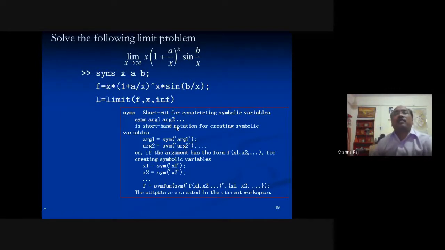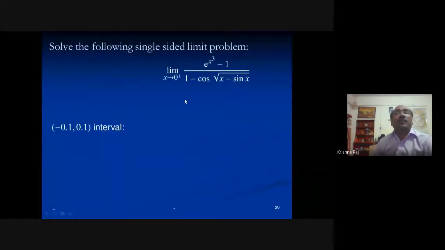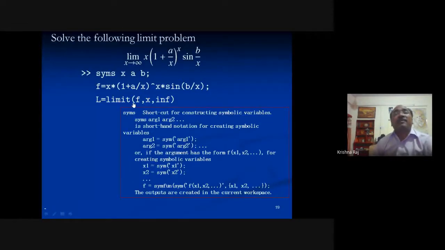This is the command which we have written for this function here, syms. The variable is x, coefficients are a, b, and then we have described the function. We will write the limit of this one, that is the function itself, having the variable x tending towards infinity. Now see here, we are not mentioning the result, so that you can check it and get the result, and you have to do it.